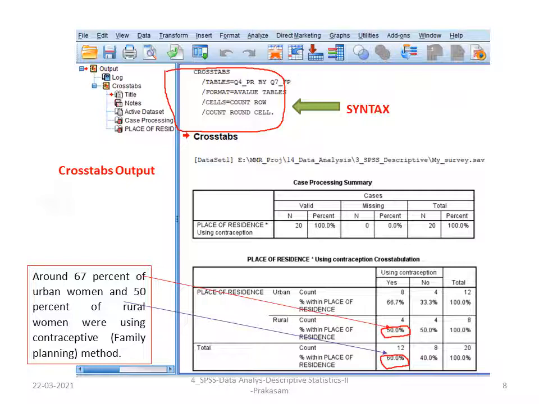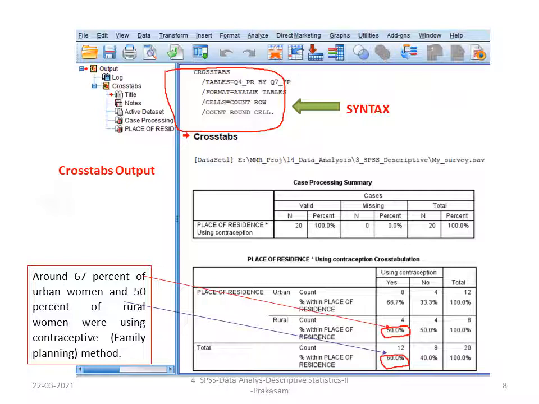Down below you will find what procedure SPSS is doing, that is crosstab. Then down below is the path of the data, where the data set exists. Then it shows how many observations it has taken for the calculation, in the case processing summary. Since there is no missing value, it shows 0, and the total sample we have given has been considered for the analysis.